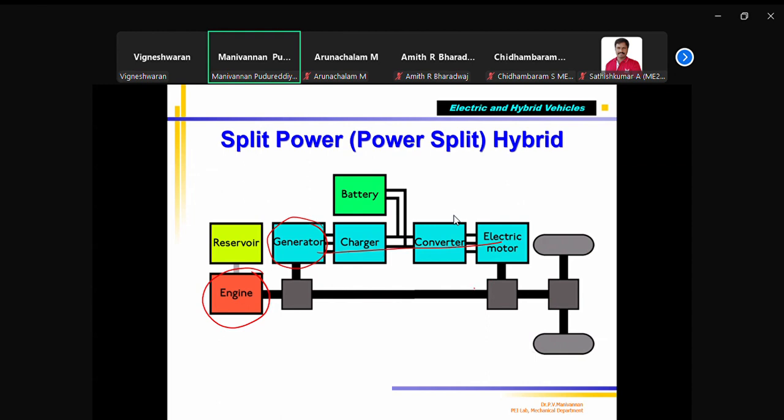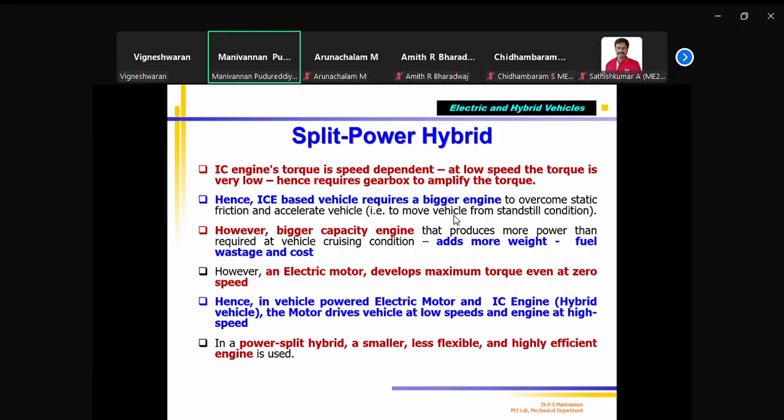The solid black color is called mechanical power. Mechanical power is generated by the engine. That mechanical power is split into two parts. That is why it is called split power. Correct, you understand. Okay. We will see how it works. The split power is becoming very popular nowadays. Most of the vehicles. The IC engine torque